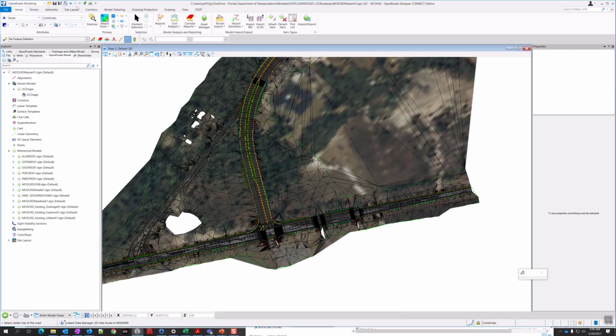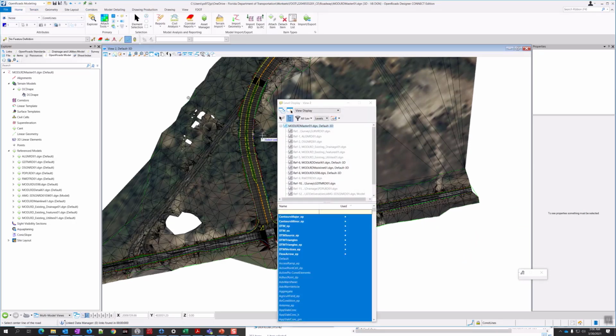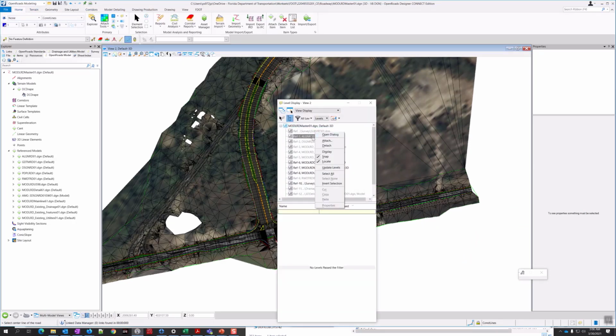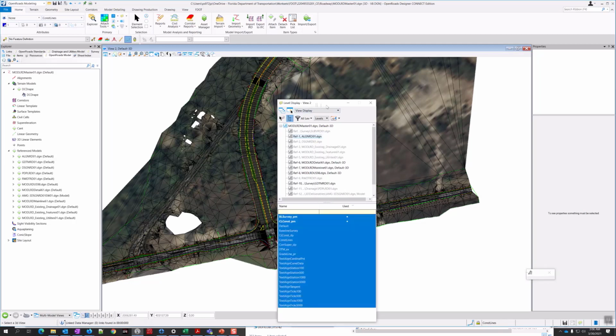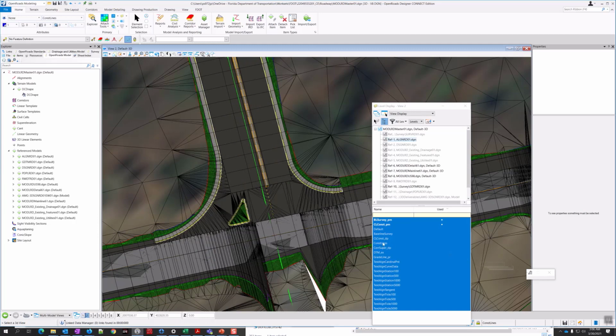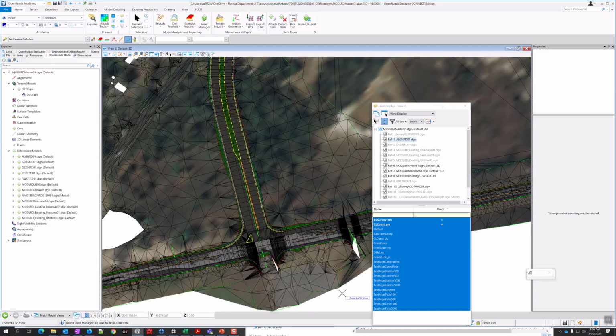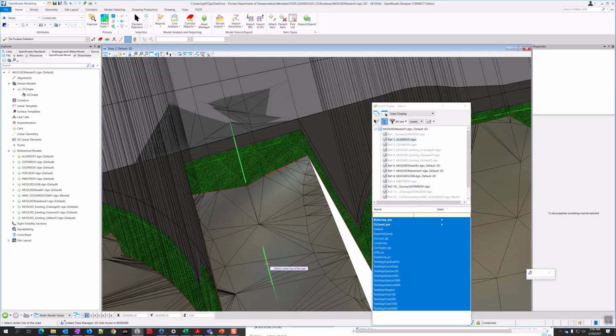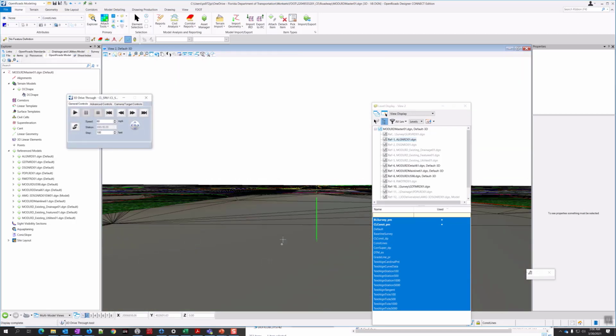I think maybe it was detached, or the display was turned off rather. So I do need the display of the alignment turned on. So it's kind of started over the commands. Let me try again. Click on this view. Select the center line of the road. So there we go, and it drops it to kind of be perpendicular with the center line. It's more like a cross-section view now.